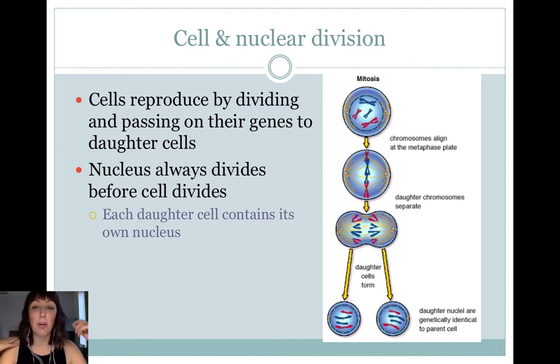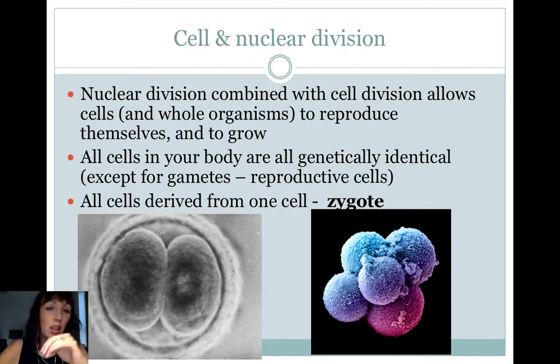And remember, it's super important. Mitosis is asexual reproduction. Okay, you end up with daughter cells that are identical to the parent cell. So nuclear division combined with cell division allows cells to reproduce themselves and to grow. So again, asexual